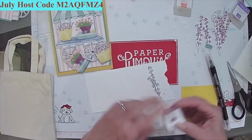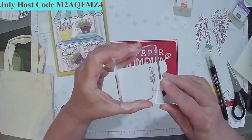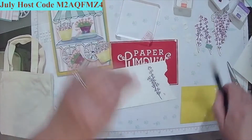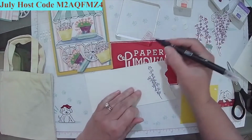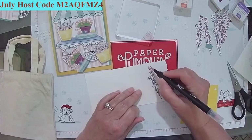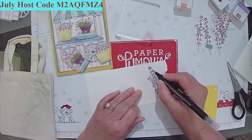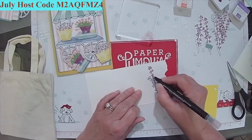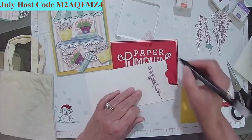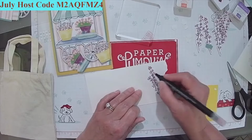And then I turned around and used a blender pen. The blender pen is a watercolor-based type fluid, and the inks are too. So all I did is I take this here, and I just started to doodle it around. I don't know if you call it doodling or whatever, but I just tap it around. I don't really have to do anything. It's going to give me a whole watercolor effect. I can just dab. So versus using a paintbrush or something like that, I'm just dabbing around